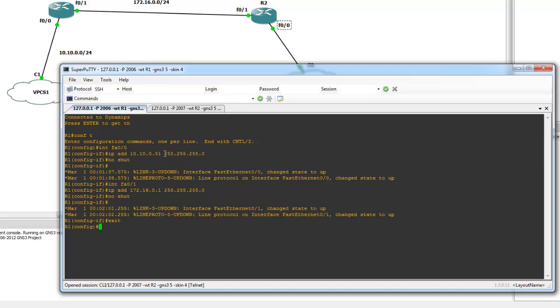Next thing we're going to do, our routing protocol, we're going to use OSPF. So to do that, we'll do router OSPF with an ID of 1. And we're going to advertise our two networks on this router. And we're going to do network 172.16.0.0, and then we'll do